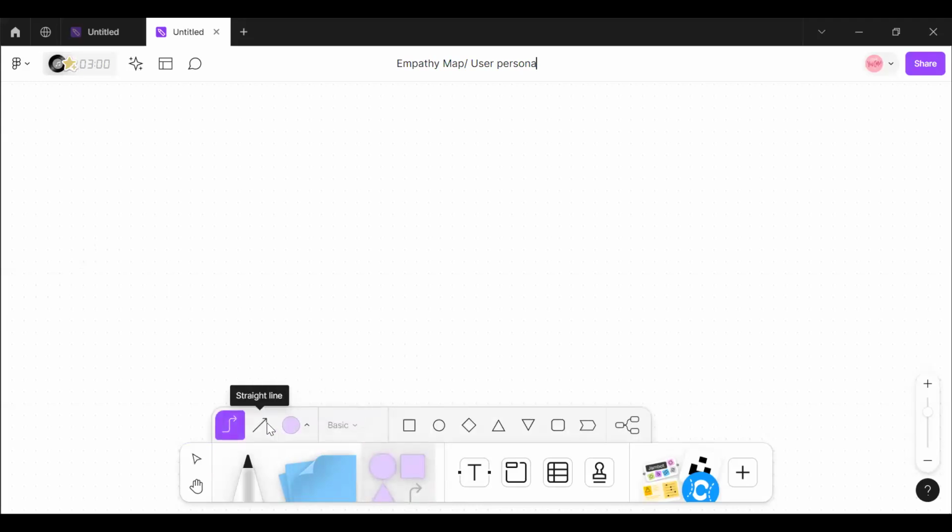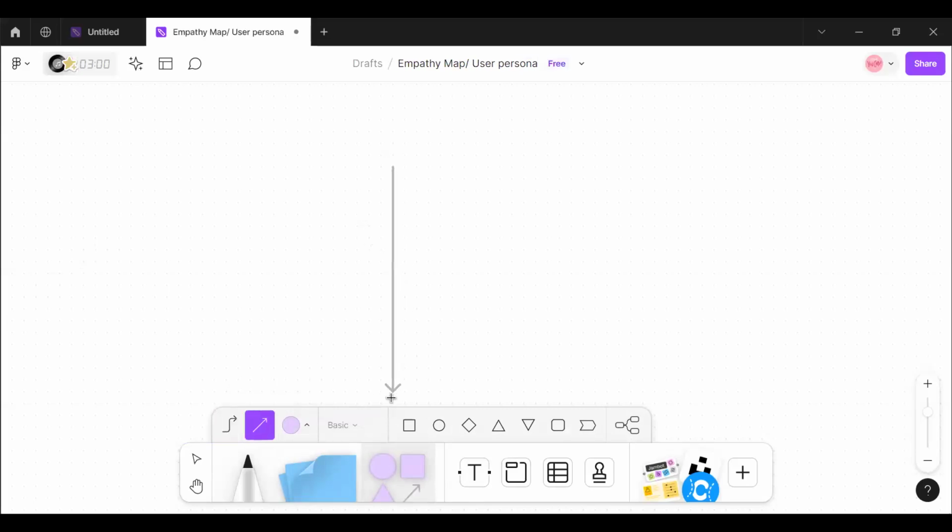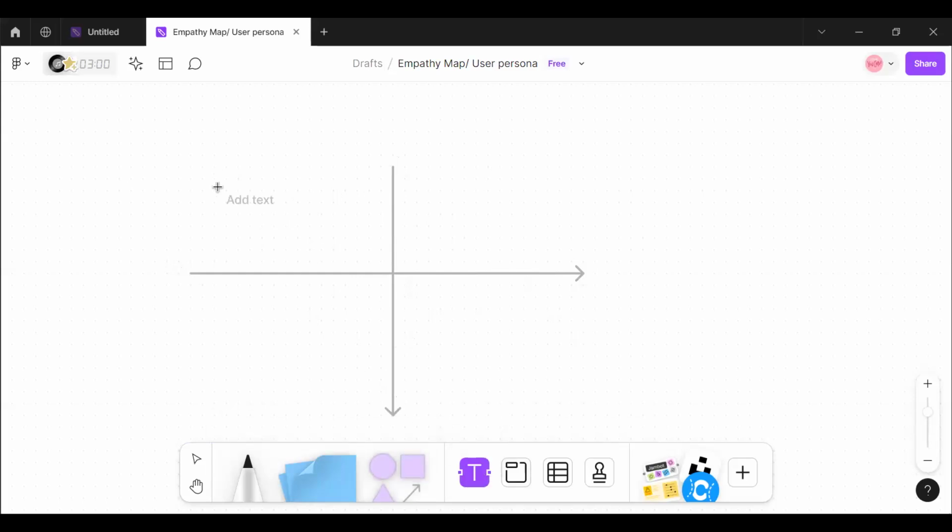I'm going to take out the line too. For now, I'm just going to draw this here, so we have a quadrant. Okay, Control Z. I just use my line tool to draw a quadrant. So we're going to put our say here, does here, think and feel. I'm going to take my pen tool and write